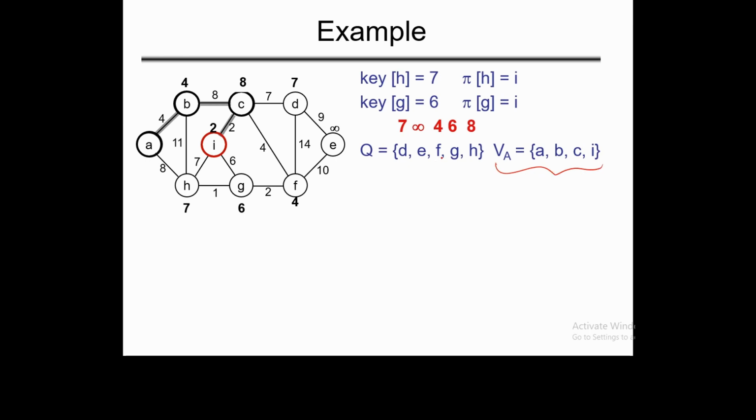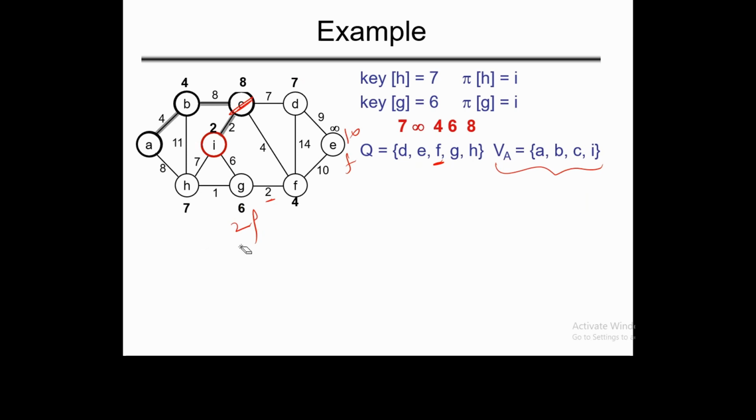Now we'll again select a node with the minimum value, that is F here. F will be selected, and the keys of F's neighbor nodes which are not in this set will be modified. Its neighbor nodes are G, C, D, E. C has been processed, C is here. So the key of G, key of E, key of D. Okay, the key of G is 6. Before, it was modified when its parent was I. So it will be modified to 2, and the parent of G will be F. Similarly, the key of E will be modified to 10 and its parent will be F. The key of D is 14 here, so there will be no change.